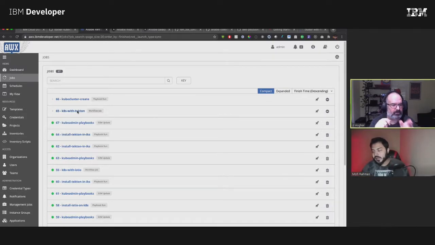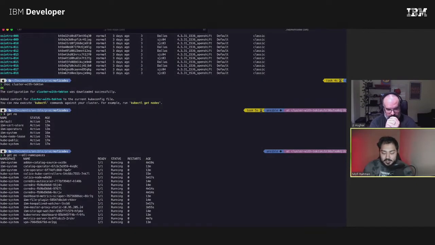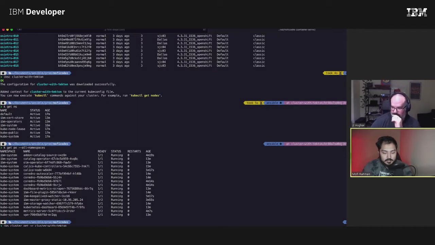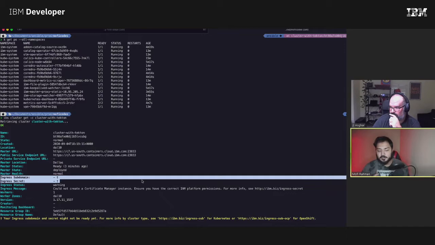So the cluster create is still running. It hasn't verified that it's up and running in good state yet. Right. Okay, let me confirm. Let me show you why that is happening. So K get IKS cluster get, not this one. What is the name of the cluster? Cluster with Tecton. So there we go. The reason it's not complete yet is because the ingress subdomain and the ingress secret